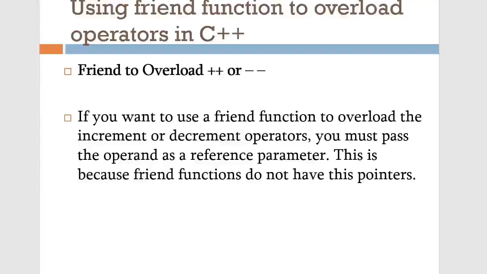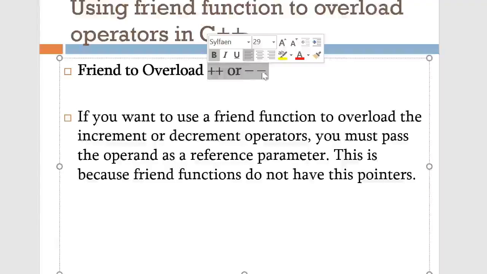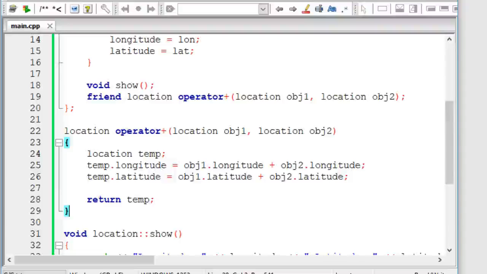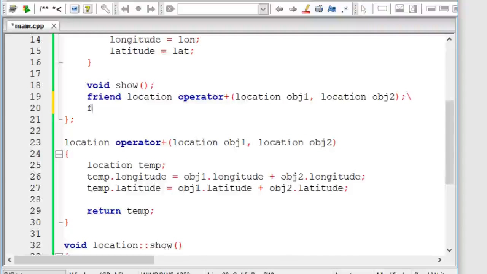Now let's see how we can overload the increment and decrement operators using the friend function. If you want to use the friend function to overload the increment and decrement operators, you must pass the operand as a reference parameter, because the friend function doesn't have this pointer. So we have to use reference parameters. Let's see how we can do that. So here we will create one friend function,